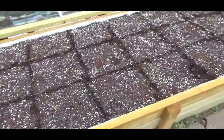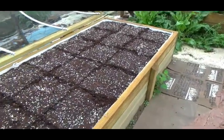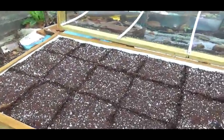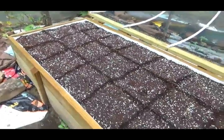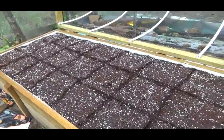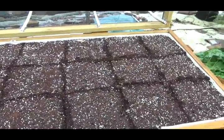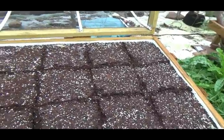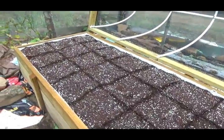So there's the grid. Of course, it's not going to last because, you know, if it rains really hard, all those lines will disappear. But it's good enough for today. I'm not going to fill it all in today. And the reason is that my mache or corn lettuce, those seeds haven't germinated. They may not be viable anymore. They do take a long time to germinate. But I may have to buy some more mache seed and try planting them next month. Which next month is coming up. I need to hurry up if I want to see those grow. But anyway,